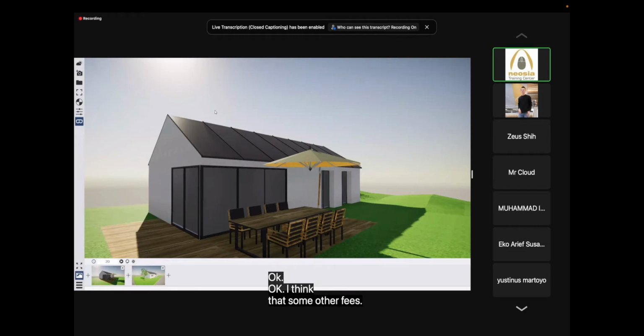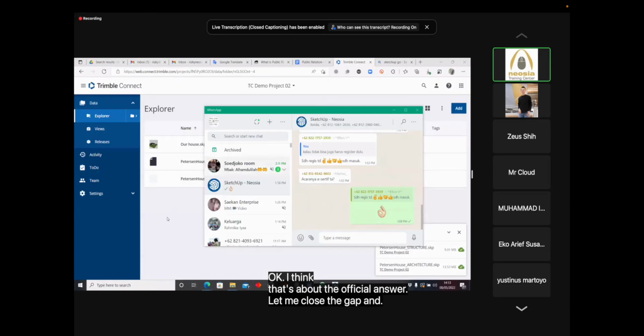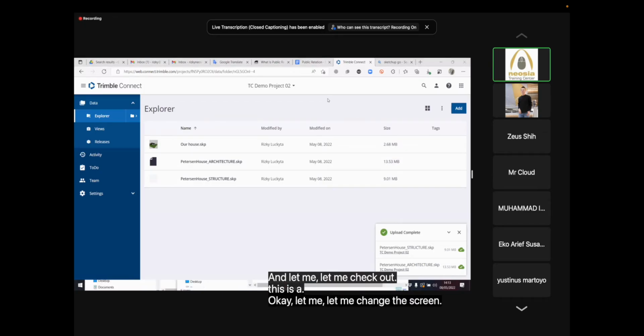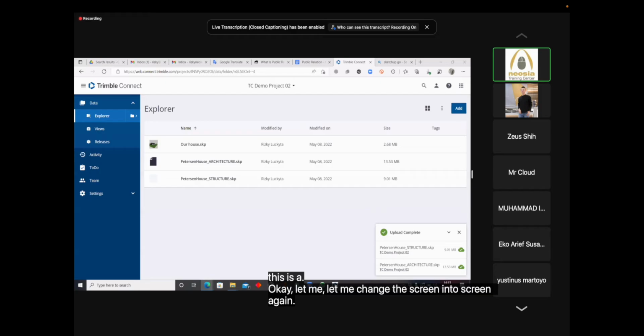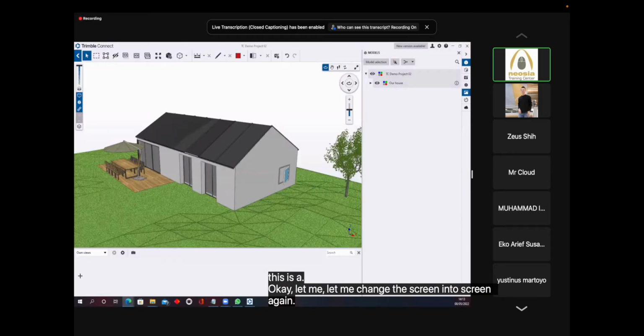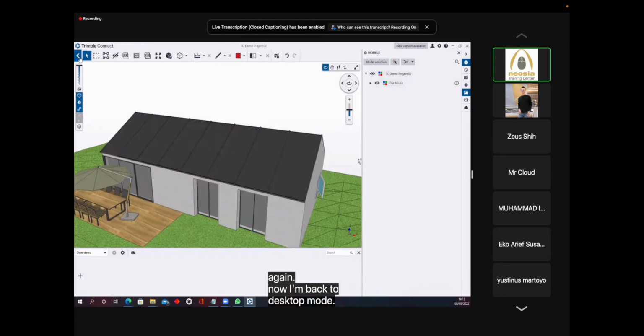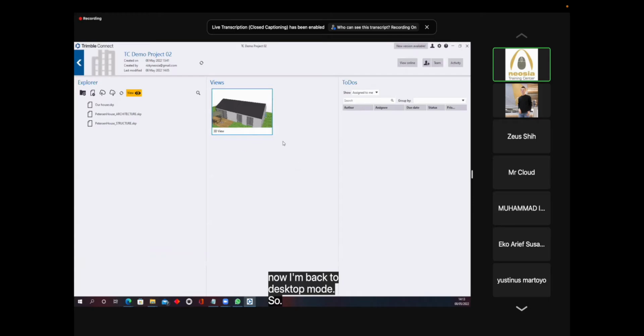I think that's about the visualizer. Let me close the app, and let me check. Okay. Let me change the screen into screen 2 again. Now I'm back to desktop mode. So okay, now